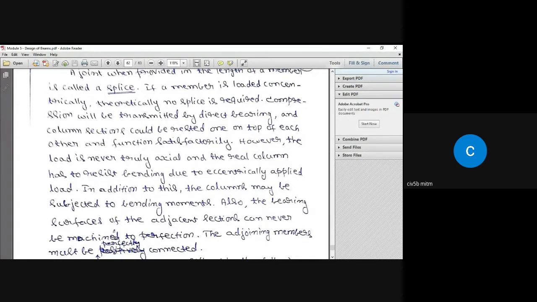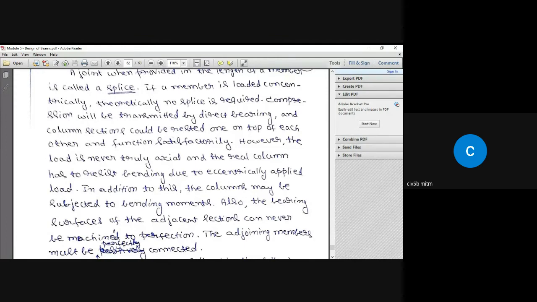Okay, moment is going to be there. Just like in RCC, if you remember the formula L by 500 plus D by 30, which should be less than some value, and also it should be less than 20 millimeter. If any actual eccentricity exceeds those values, then eccentricity should be considered, or else eccentricity can be ignored even if there is some eccentricity. Is it not?